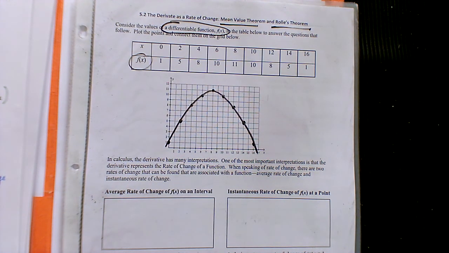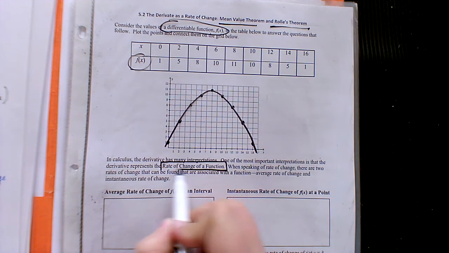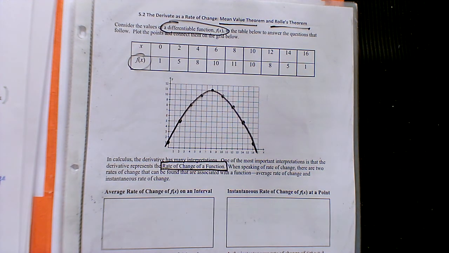Looks good? Okay, so in calculus, up to this point in our class this year, we've talked about many different types of derivatives. We've had shortcuts, we've had interpretations, but one of the big meanings of derivative is a rate, how something is changing. We've used classifications like increasing, decreasing, flat, aka not changing. So whenever you're looking at a derivative, you're essentially looking at the rate of change of a function. Is it increasing or is it decreasing?